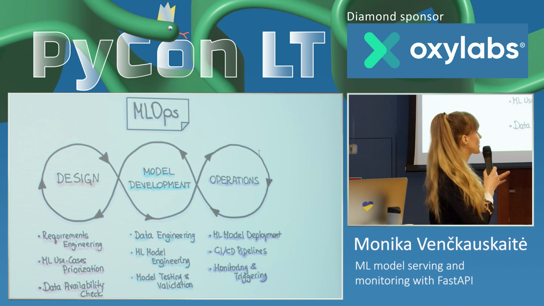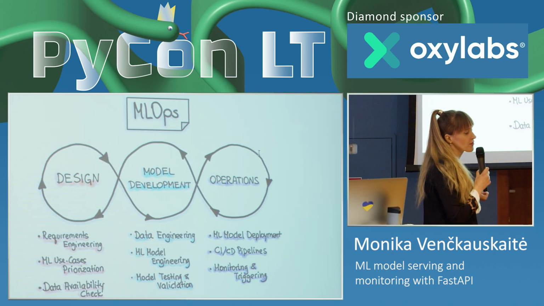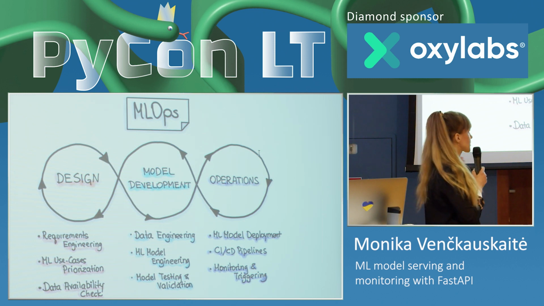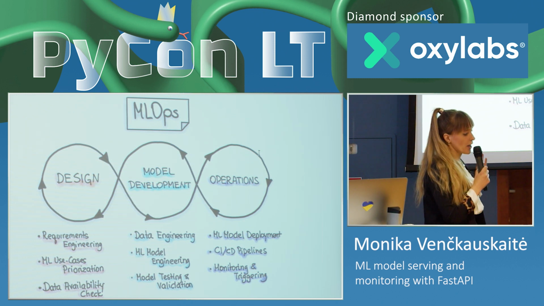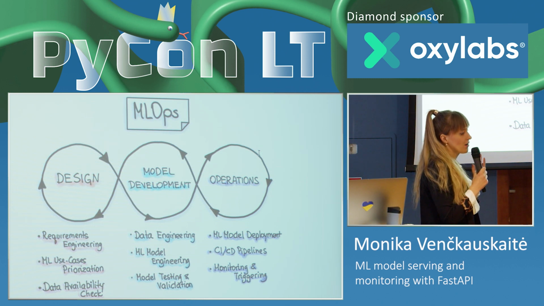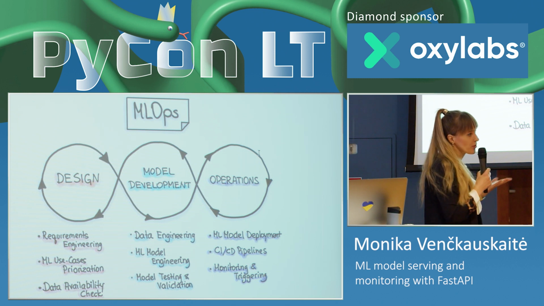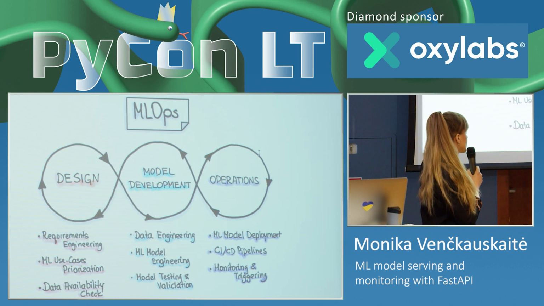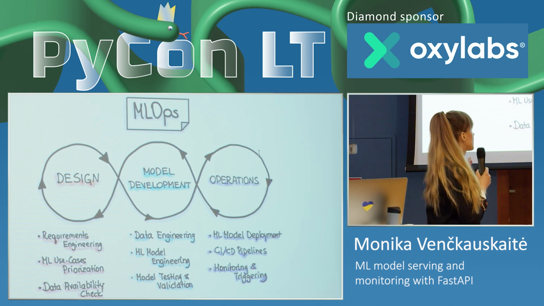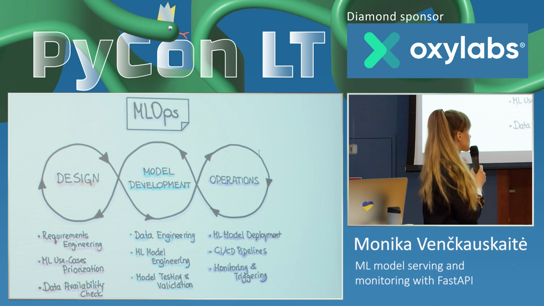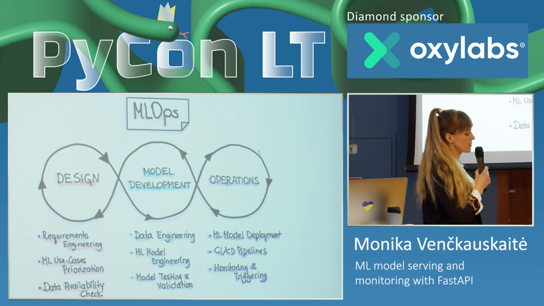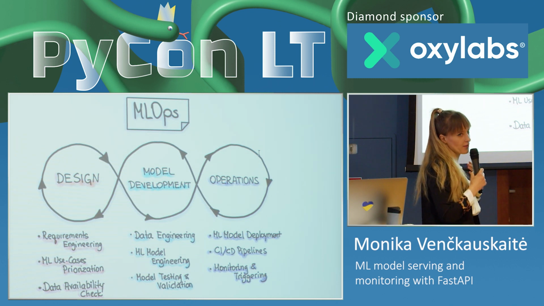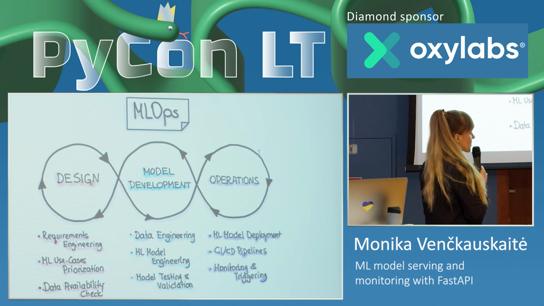Starting from the basics, when you want to create a machine learning model, the first phase of model creation is its design. So you have to be really logical, a bit scientific, to make the right hypotheses and get the right requirements. The first design phase also discovers the use cases for machine learning, and the machine learning engineer has to find the right data and also prepare the data.